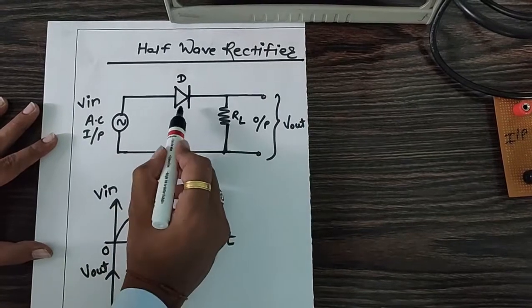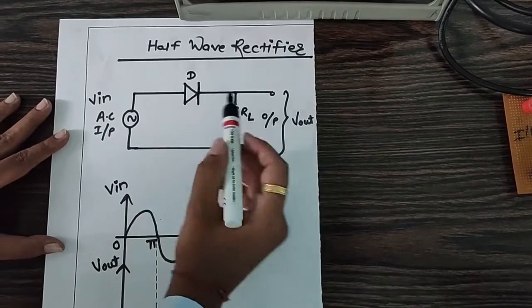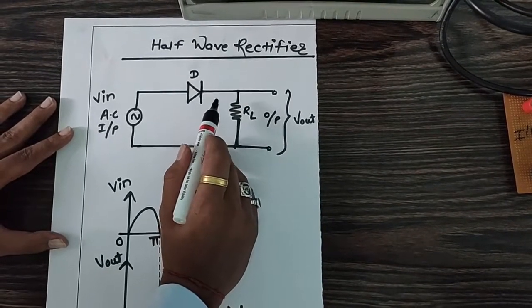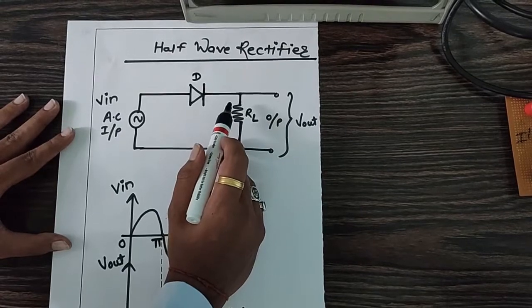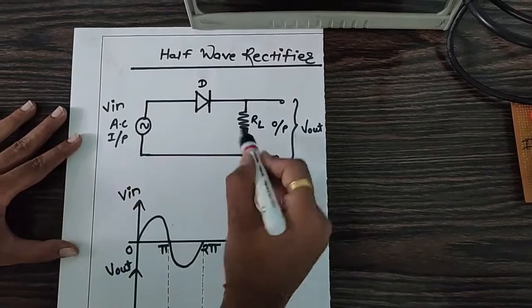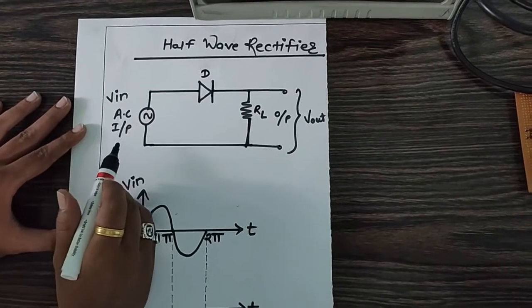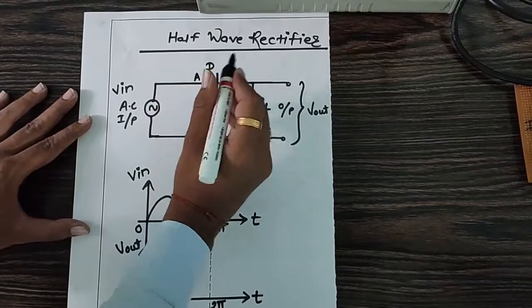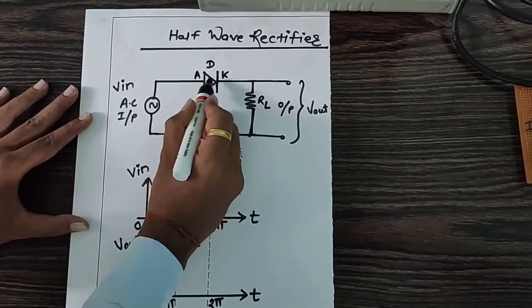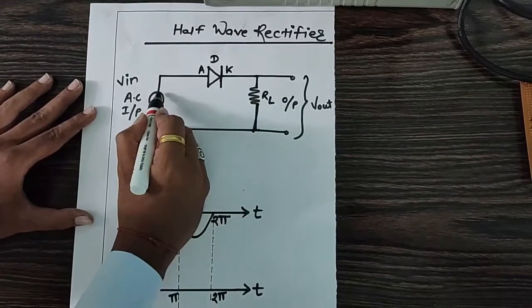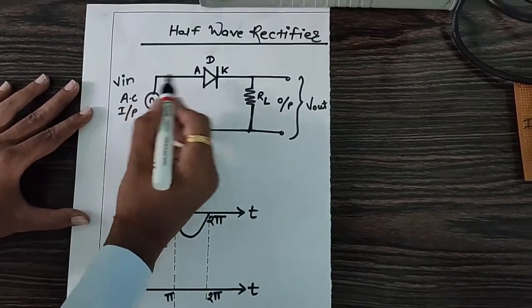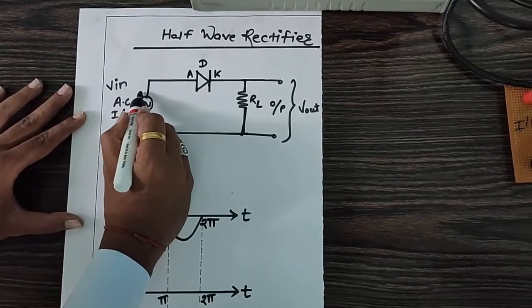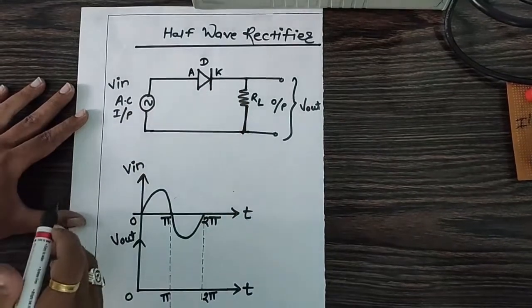As we know, in the circuit only one diode is used and one load resistor is used, which is connected in series with your PN junction diode. And the main objective of rectification is to convert the AC signal into a DC signal. Now if you see the circuit, this is the PN junction diode, this terminal is your anode and this terminal is your cathode. Now your anode is connected with the AC input. Suppose this is positive, then your diode will be in forward bias condition. Similarly, if this terminal is negative, then your diode will be in off condition.